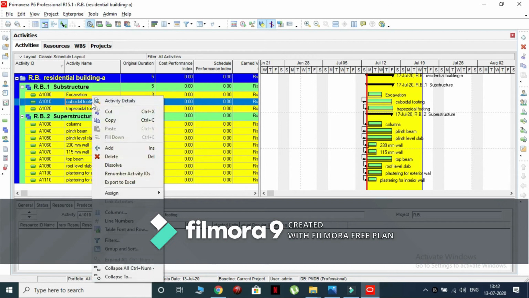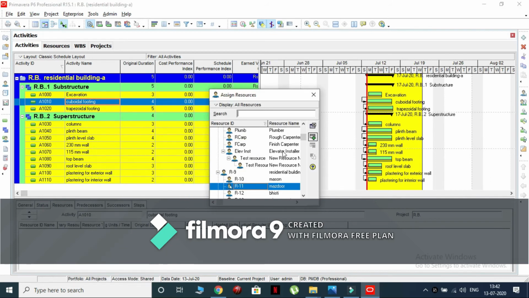Now right click on the cuboidal activity, click on assign resources, select mason, Mazdoor,